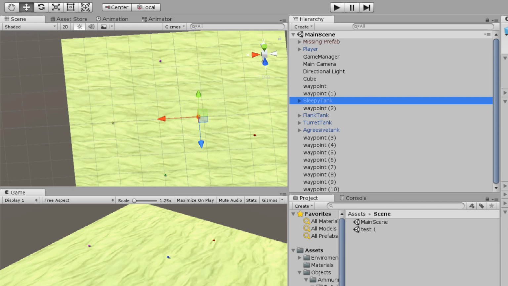If we go into my programming here under my enemy controller, as you can see, I have the different tank personalities here and the functions that I use to run and control them. And down here I have a sight function used for determining if you can see my player, and if you can't see my player, then fire his weapon. I do,